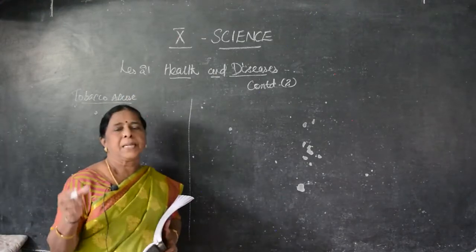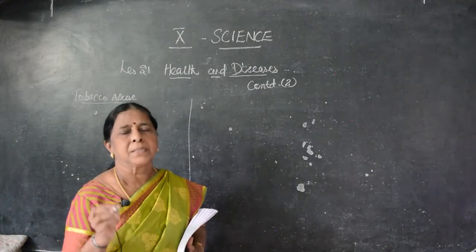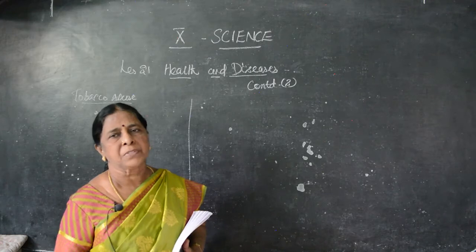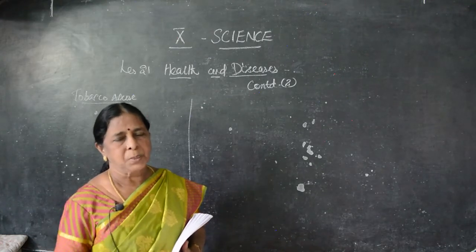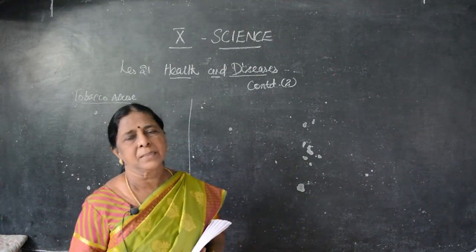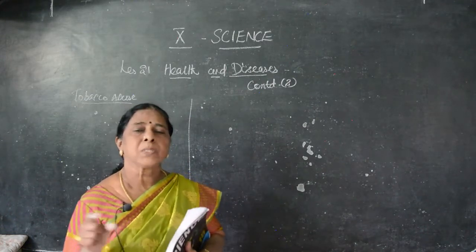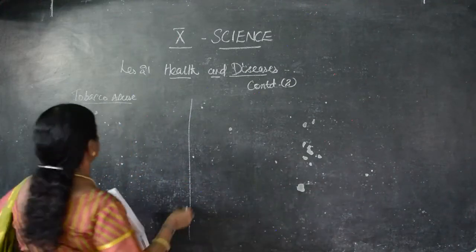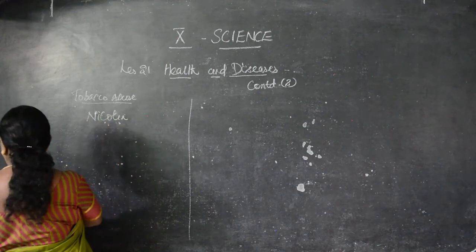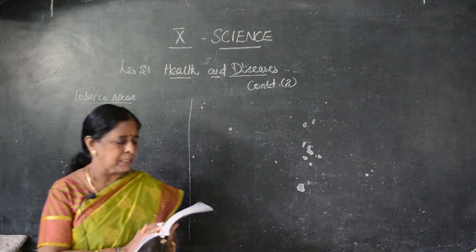Tobacco is nothing else, it's a kind of leaf, a part of the plant only, which is made into powder. It can be seen in cigarettes. Some people consume it orally, some people take it in the form of cigarettes. By inhaling the fume of the smoke of the cigarette, the disease will be lung disease, cancer. This may be the result of using tobacco. Okay. So, why does it cause cancer? Because nicotine is a substance which is present in the tobacco. Nicotine, a poisonous substance present in the tobacco, gives cancer, lung cancer, throat cancer, this and that.